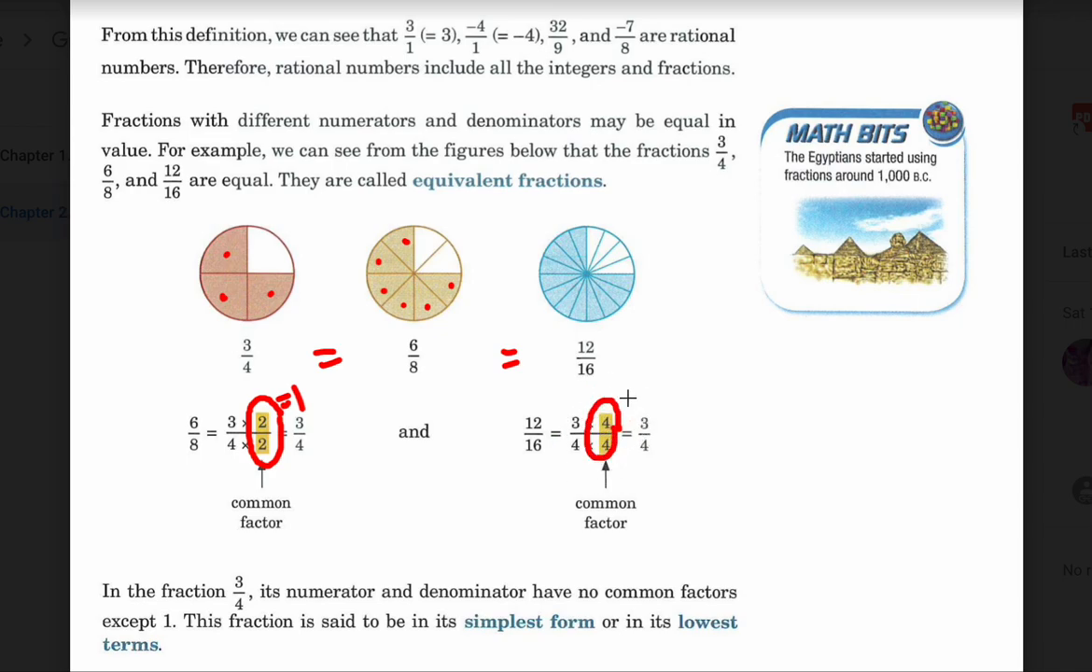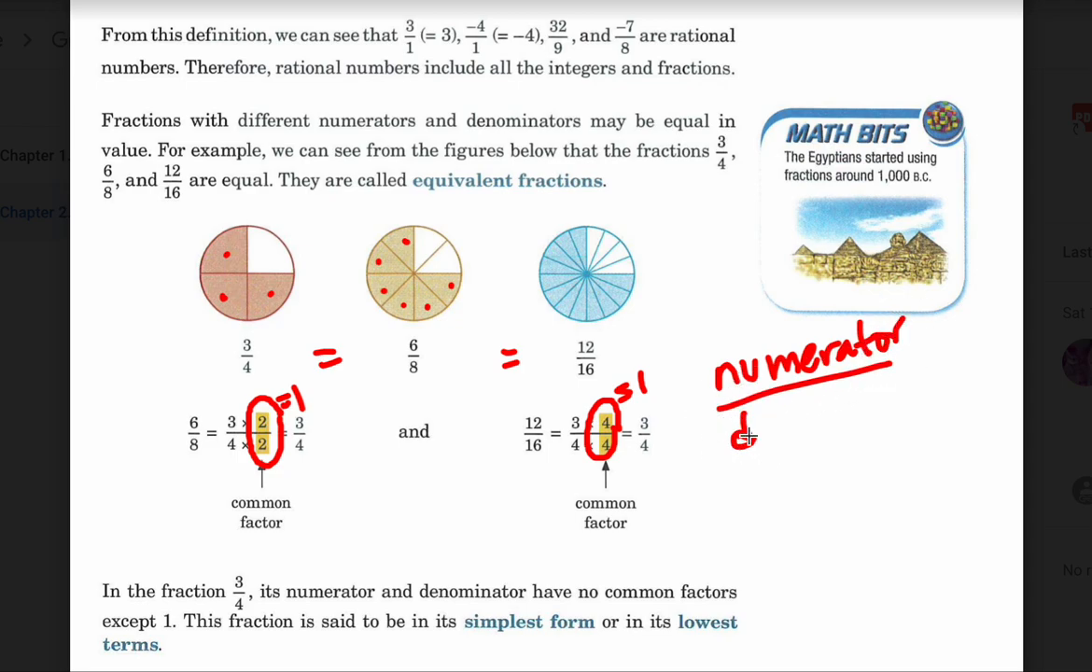Again, that doesn't change anything because it's really like multiplying by 1 because 4 over 4 is equal to 1. So the amount that we have doesn't change. It's just the size of the pieces. And that's what the denominator tells you. The denominator just tells you the size of the pieces. Okay, so the numerator